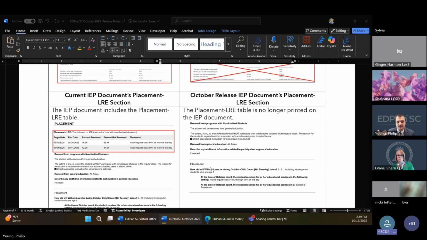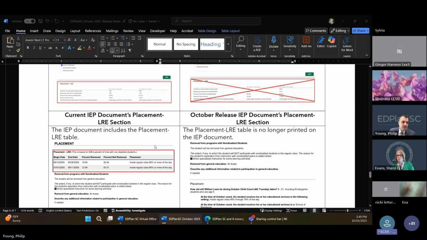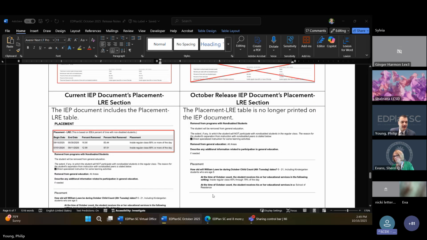I think a lot of effort was being made to make sure that this table looked correct. And it was determined that it's actually not required for that information to be in the IEP. And so that table has been removed. It will no longer show up in the workspace and it will no longer print on the IEP.